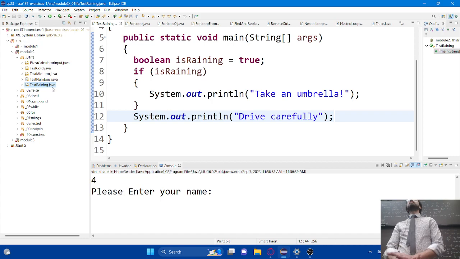So if I look at this line right here, line number 7 in this example, which is called test raining, what are the computer science terms for what's happening on that line? What would I say is happening? Anybody? Yeah, I'm initializing a variable. I'm also declaring it, I would have accepted that as well. I'm doing both of those things. They're technically separate, but we often see them put together in one single line, like this. So I'm declaring and initializing a variable.